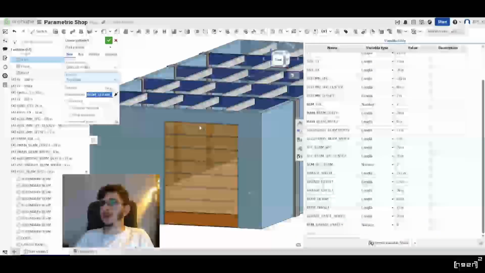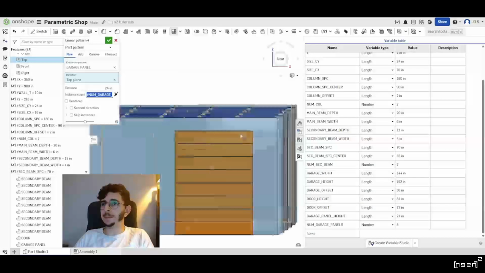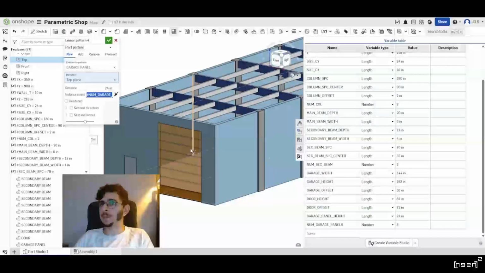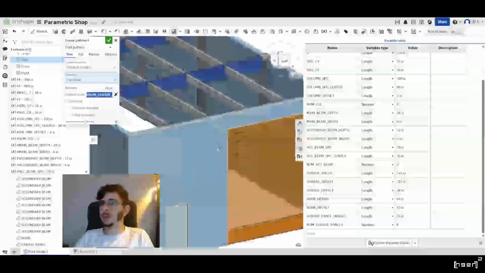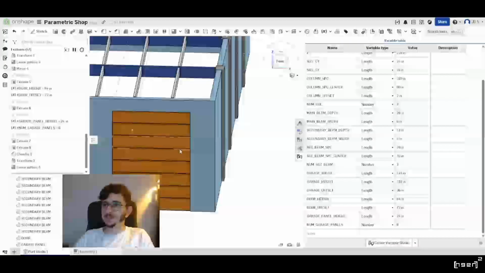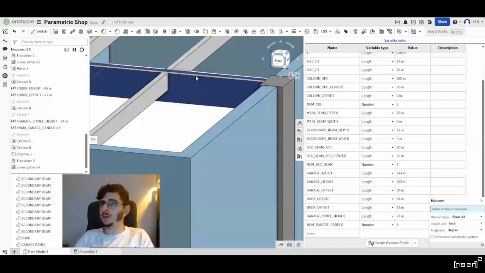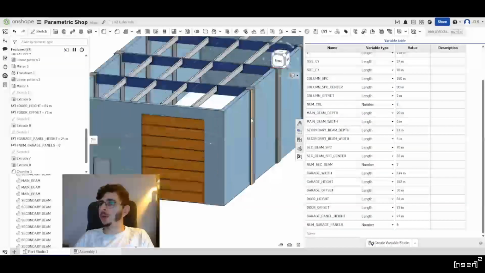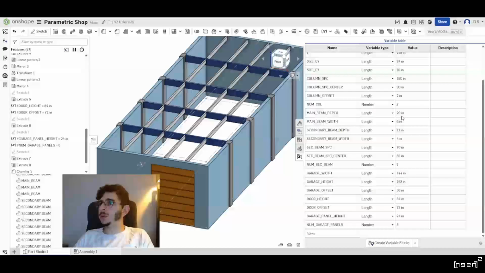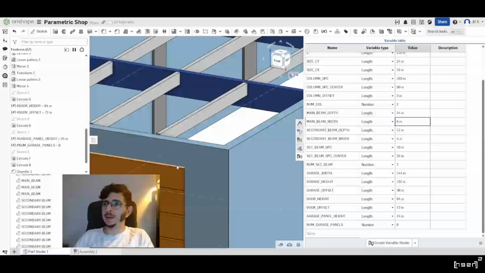That's a pretty high garage for this size of shop. Perhaps we can change this. What did we go with for beam depth? Yeah, maybe we go 24 inches for our beam depth, and then